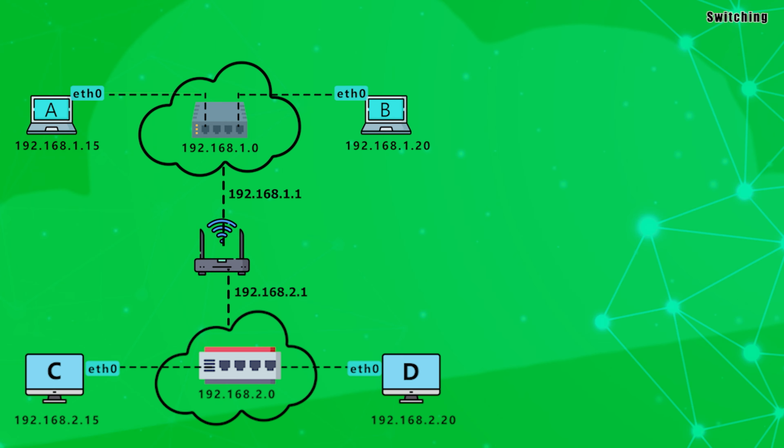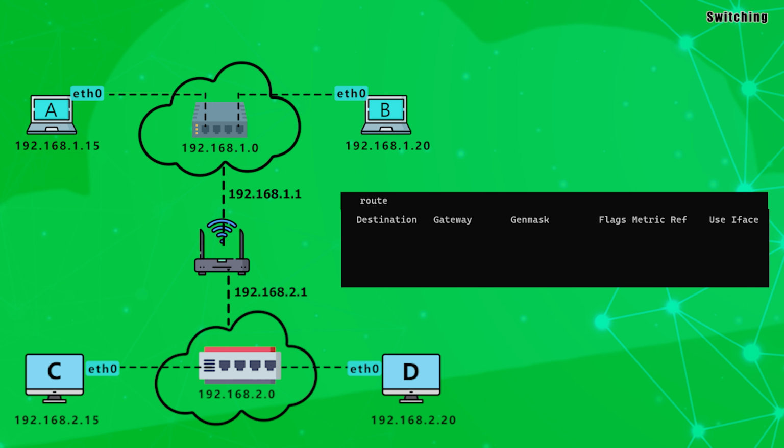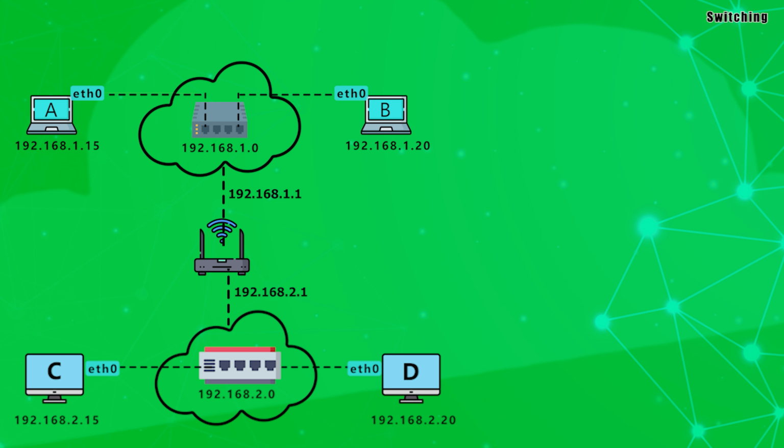So considering the example, as of now we don't have any entries on any of the machines. So if we run the command route, the route table will be blank. If the output shows no data, then no route is configured and machine B will not be able to send data through the router. To add a gateway to the machine, you can run the following command: